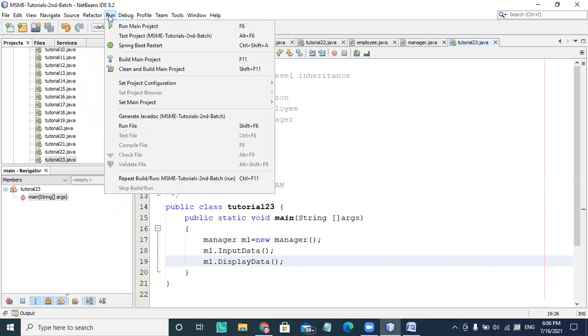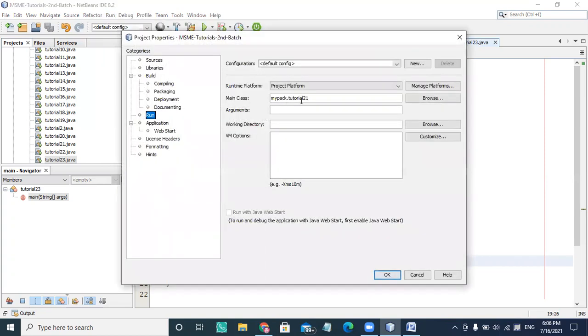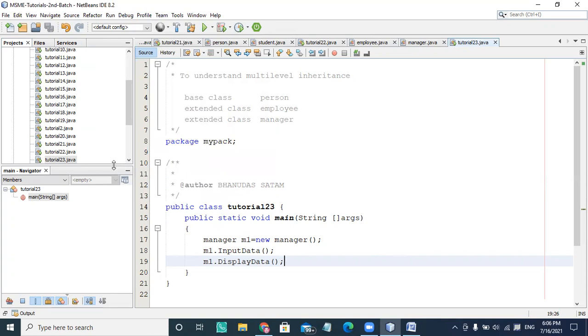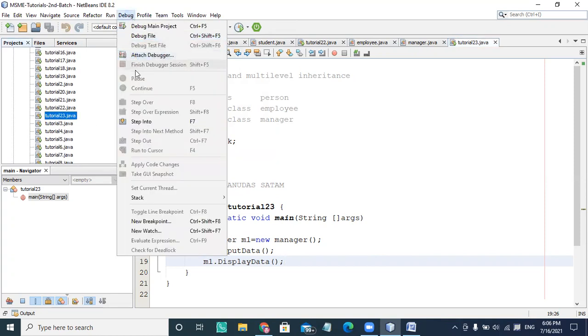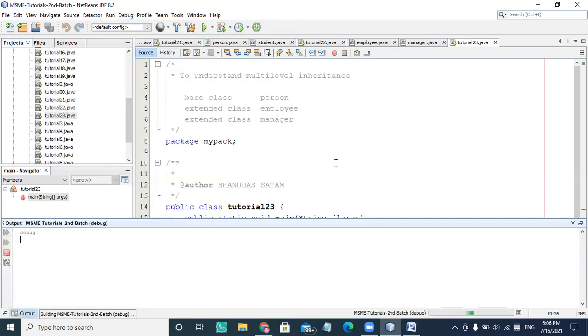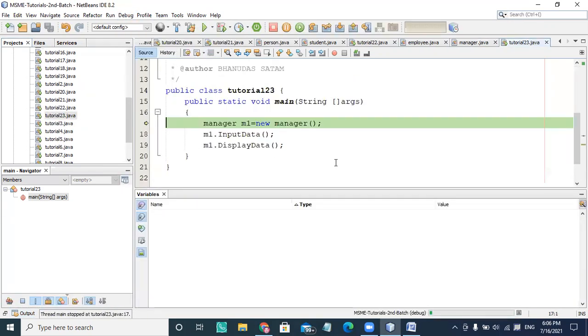So I'm choosing a setup here, and in the setup configuration I'm taking this tutorial number 23 as the main program, or main application. So I'm starting the debugging, step into, so my tutorial number 23 is getting called.